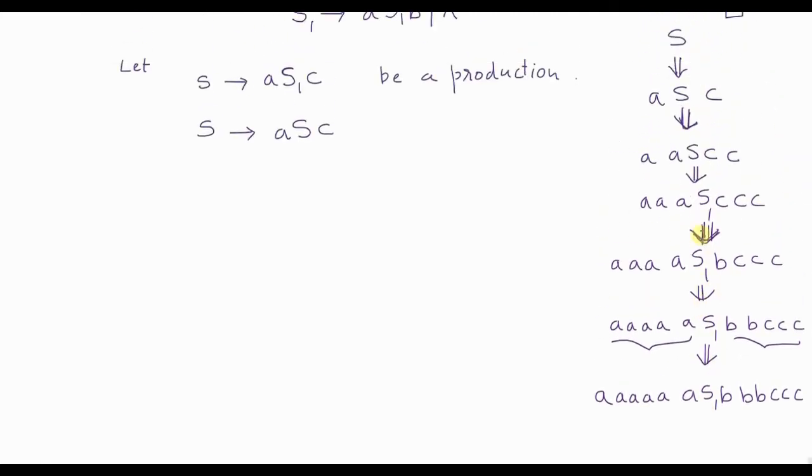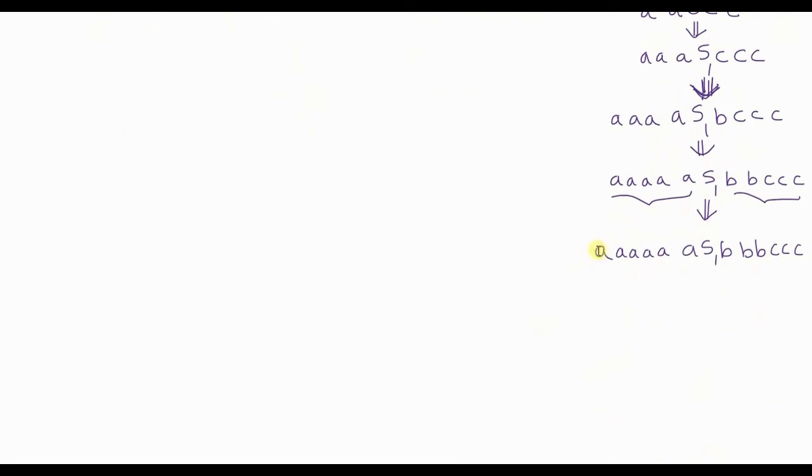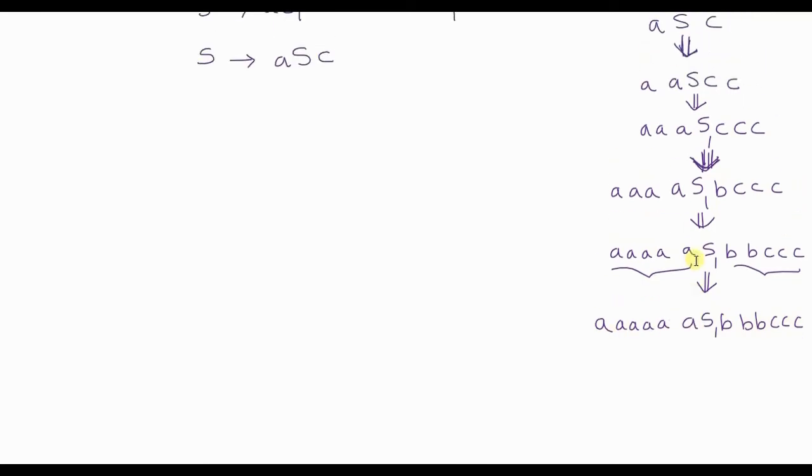Okay, now have we obtained the string that was required? You see how many A's are there? 1, 2, 3, 4, 5, 6 A's are obtained, and the total number of A's should be the sum of the total number of B's and the total number of C's. So there are 3 B's and 3 C's, so 6 total. So 6 A's are there. So that means I have already obtained the required string.